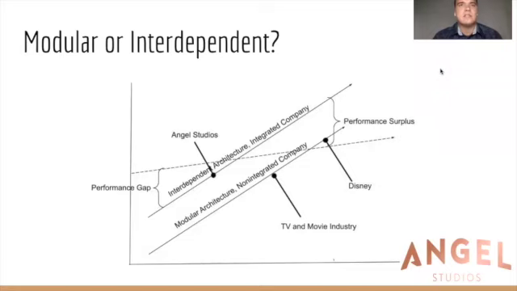As you can see in this diagram, Angel Studios' design architecture is interdependent as it is an integrated company. This is evident in the dependence you have on suppliers creating movies and TV, which you crowdfund and then distribute. Interdependency is the best option for the size of your company and represents a higher margin opportunity compared to many of your indirect competitors in the TV and movie industry.